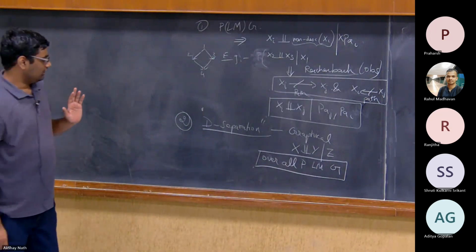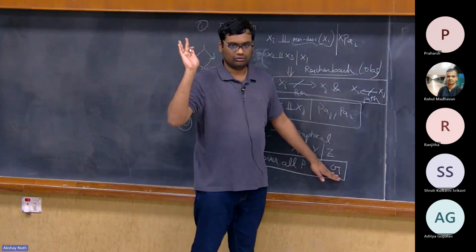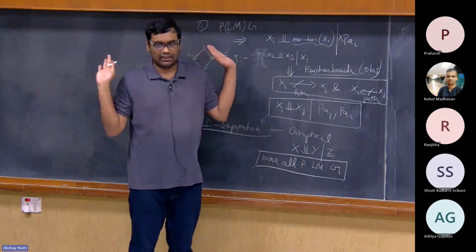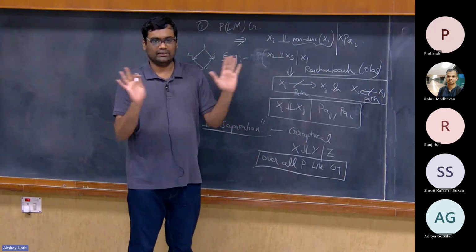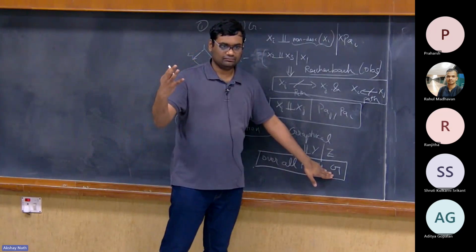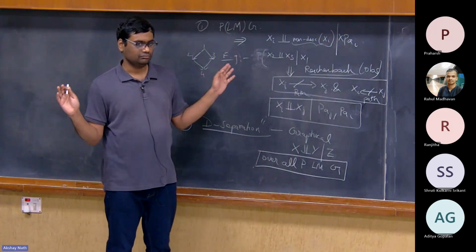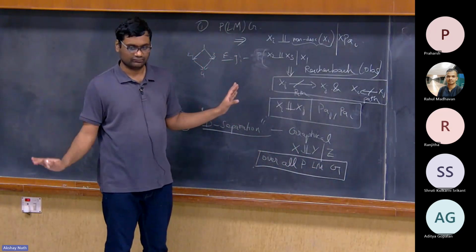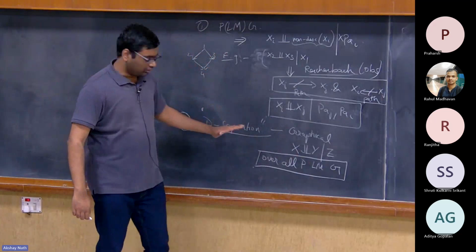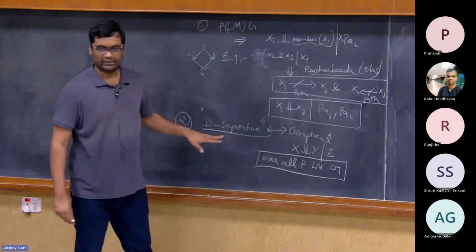Now, I have a given G. With respect to the tournament, all distributions are locally Markov. Now, what are the conditional independencies that are necessarily satisfied? Well, I can't say anything. Maybe there are more, but I can't guarantee anything at all. Now you give me more information. You say that there's a sparse graph with respect to which my distribution is locally Markov. That's all you have said. You haven't said anything about the joint distribution, nothing whatsoever. But over all P that are locally Markov with respect to G, I can now tell you which conditional independencies are true. And that is characterized by what is called the d-separation criterion.